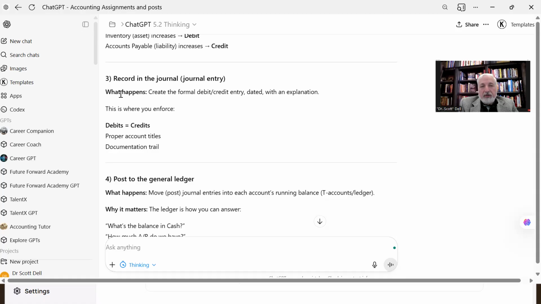I had the T accounts for a balance sheet and an income statement. But we're going to go one step further. We're going to take a look at the whiteboard, at the journal entry and the T accounts. The T accounts or the ledgers are really just basically a page. So we're going to look at what we had before.